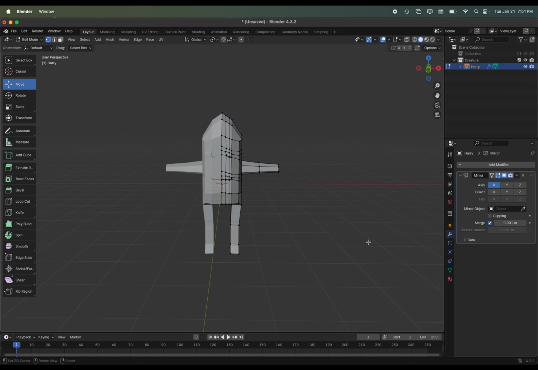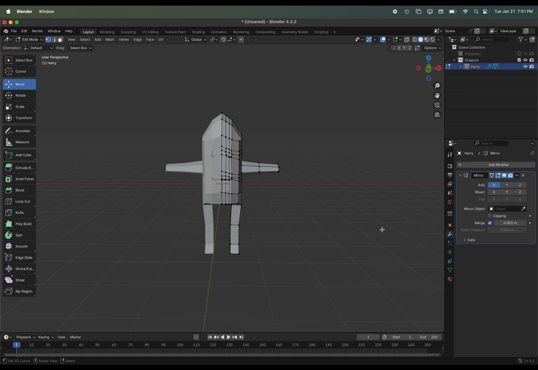It is always a good idea when you're creating your model to make sure that the front side is facing front, because if you end up reusing it in other sources later on, like Godot or something else, it'll make it a lot easier if it's already facing the correct direction.